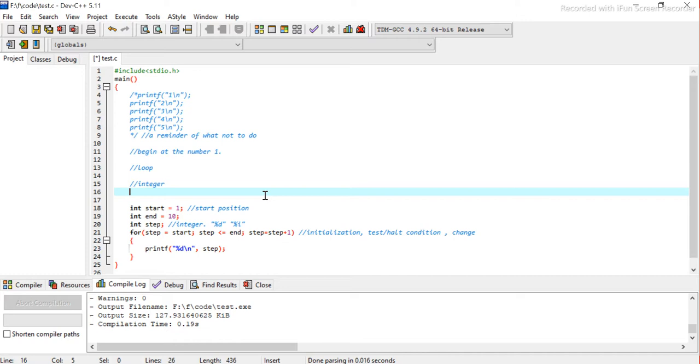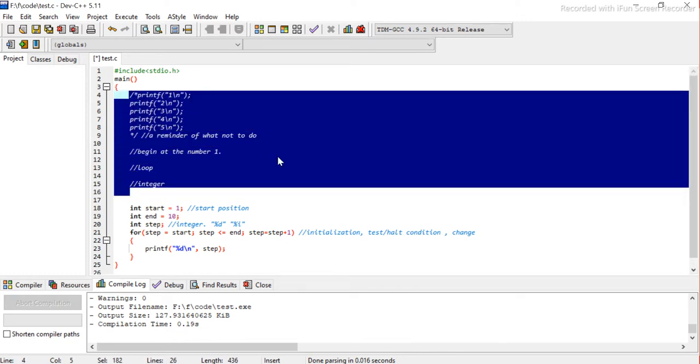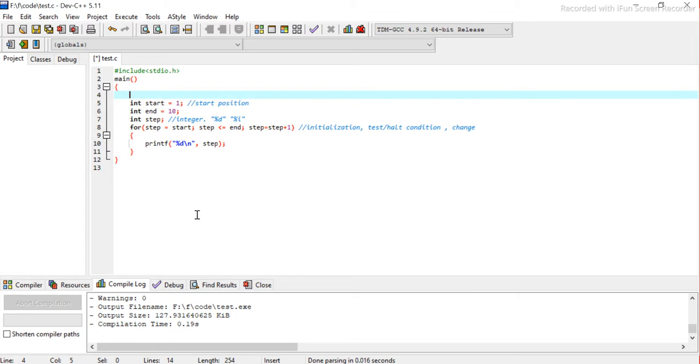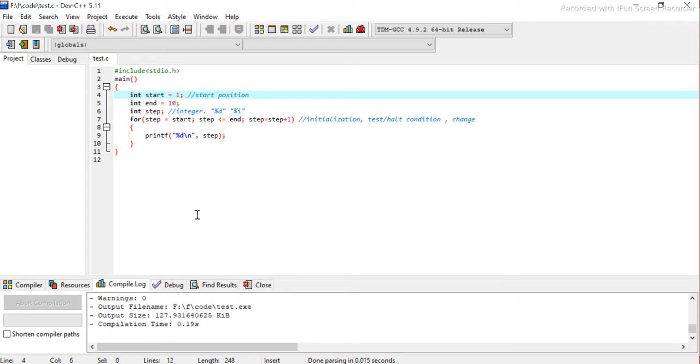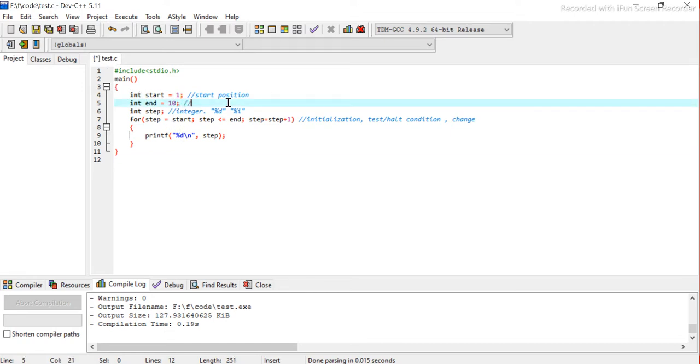Okay, so once again, for a quick recap, let's remove this part. We had written here a reminder of what not to do. Let's remove that, and this should be our code. Okay, let's revisit the code. Int start is equal to 1, which is our start position. Int end is our halting condition